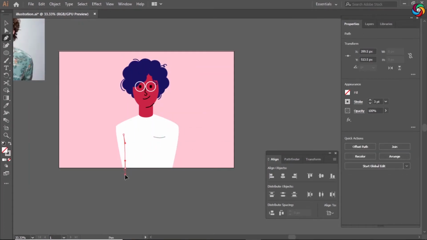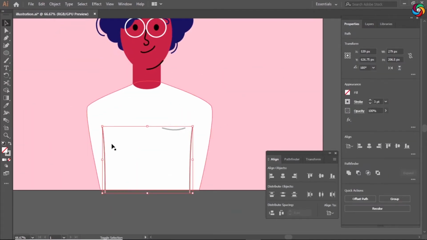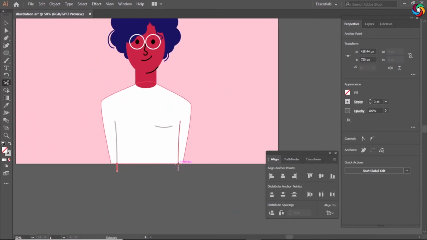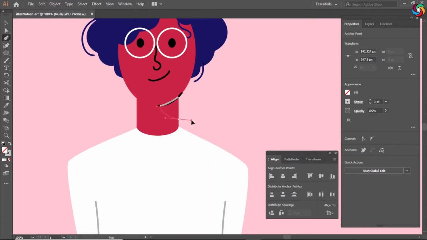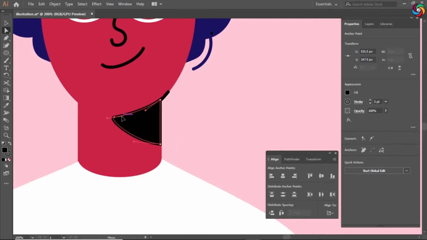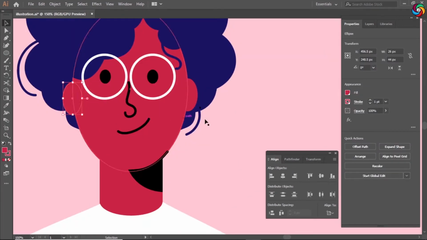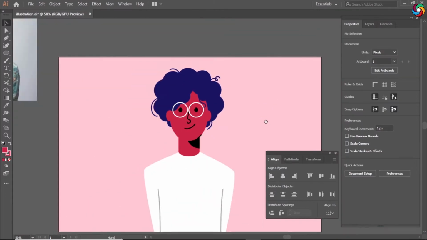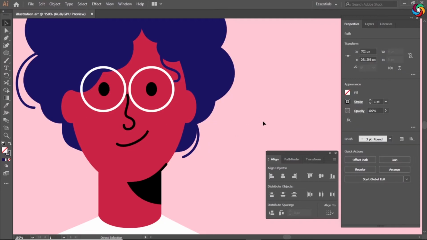I'm drawing two lines here on his body so we can see that his hands are going behind him and there is a clear distinction. I used the scissor tool to just clip off the extra ends on these lines. Now while adding details to your design, it's important to decide if you want to draw some shadows. For my design, I just wanted this one shadow on his neck. And then I also gave him these ears, which I forgot to draw earlier. It's a good practice to keep on experimenting with your design. It makes you see what you want more clearly.